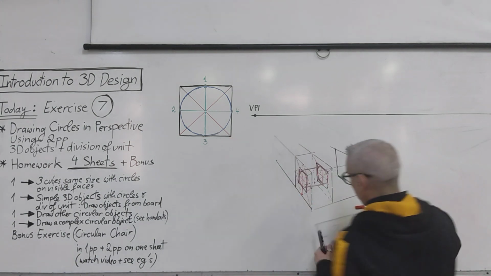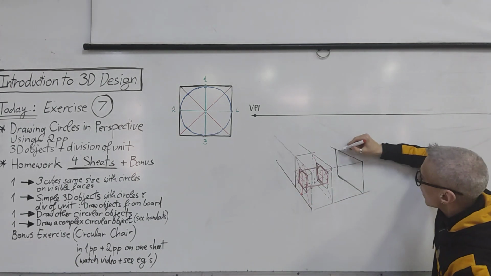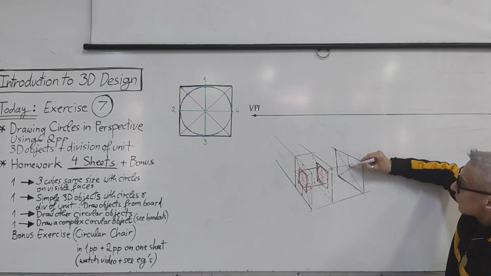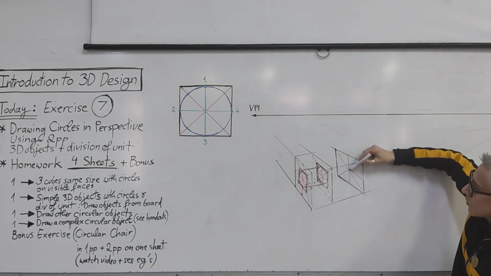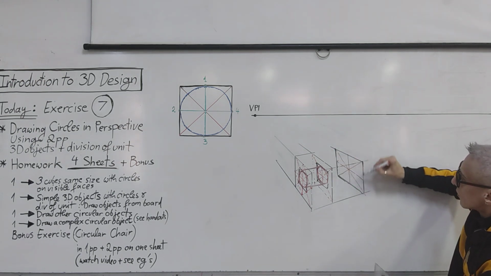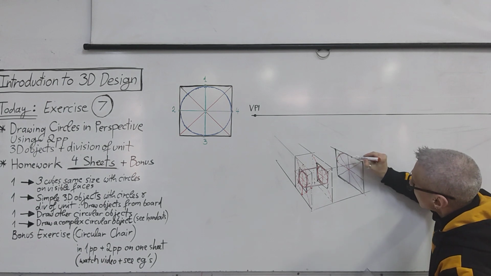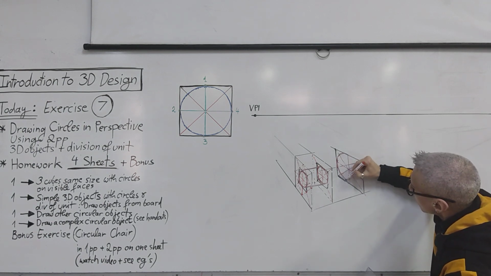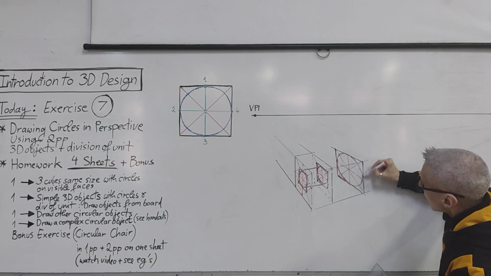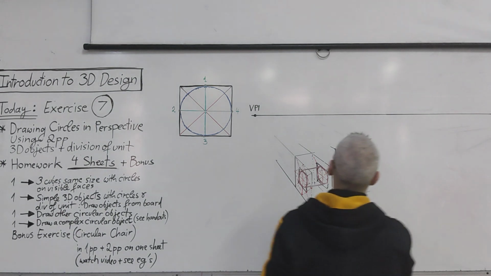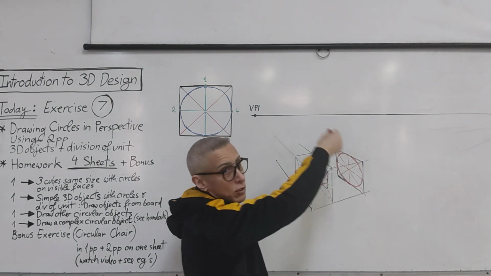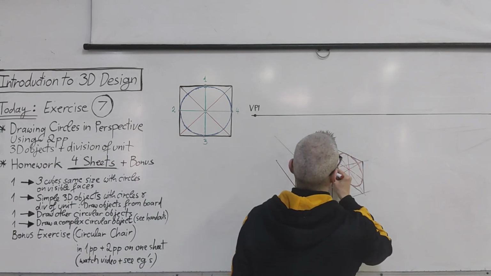I will draw also a big circle inside here, the same method. From here, straight line down, from here passing through the center, going to the vanishing point, the 4 points. Now I will connect this circle with this circle. Notice we have now a small circle connected to a big circle. Okay, so